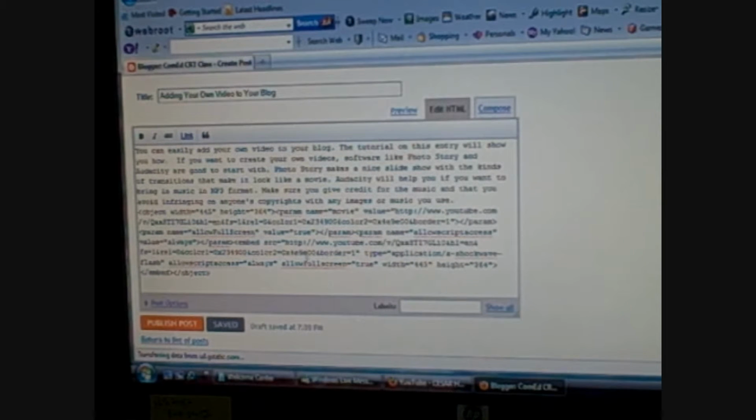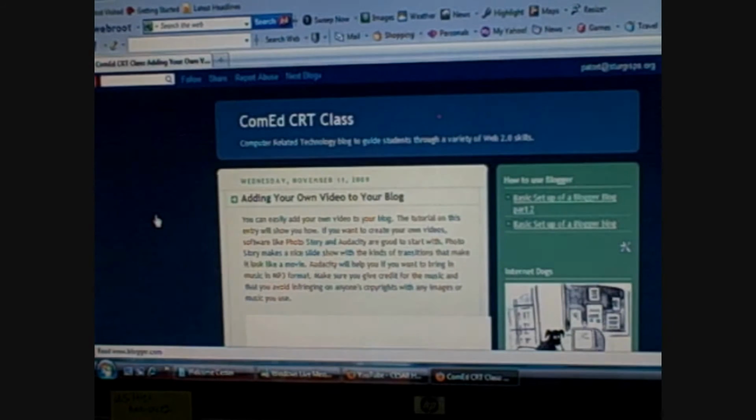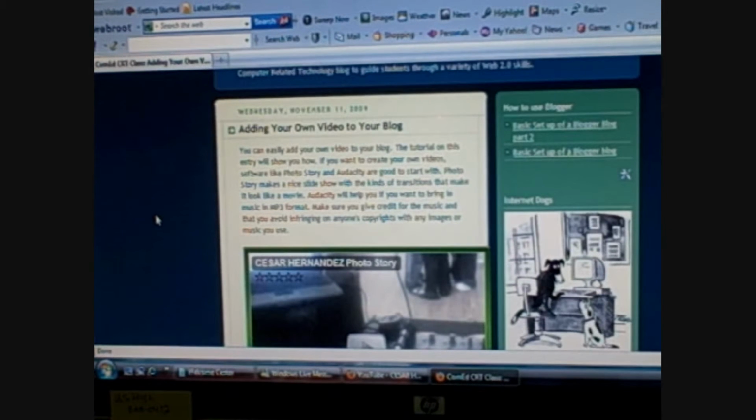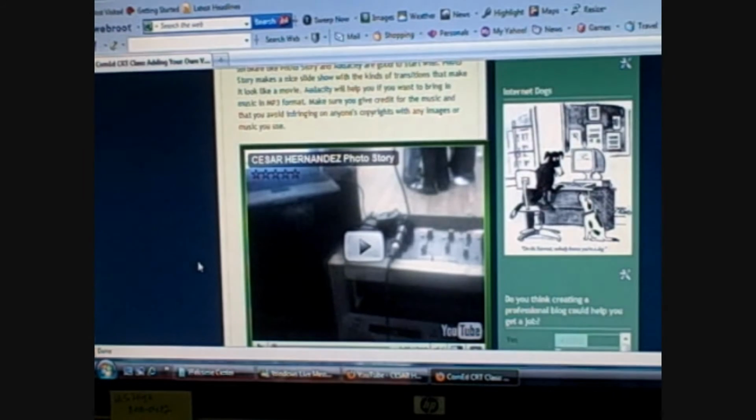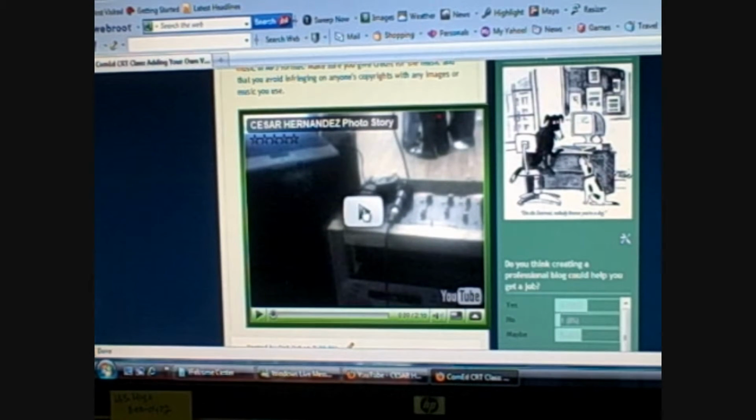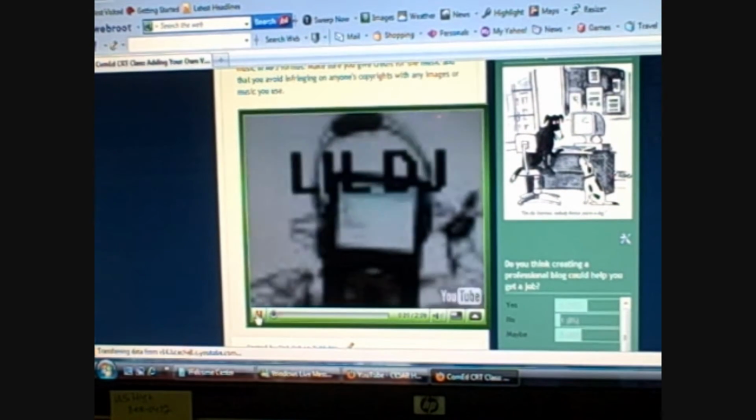Now, I'm not going to get too fancy with this. I already gave it a title, already did some introducing, so the words are going to come first and then the video should appear. So I'm going to say Publish Post. Take a look at it. Here it is with today's date and the information I typed. Now I needed to put a space between my words and the code for the video, but when we click on this,